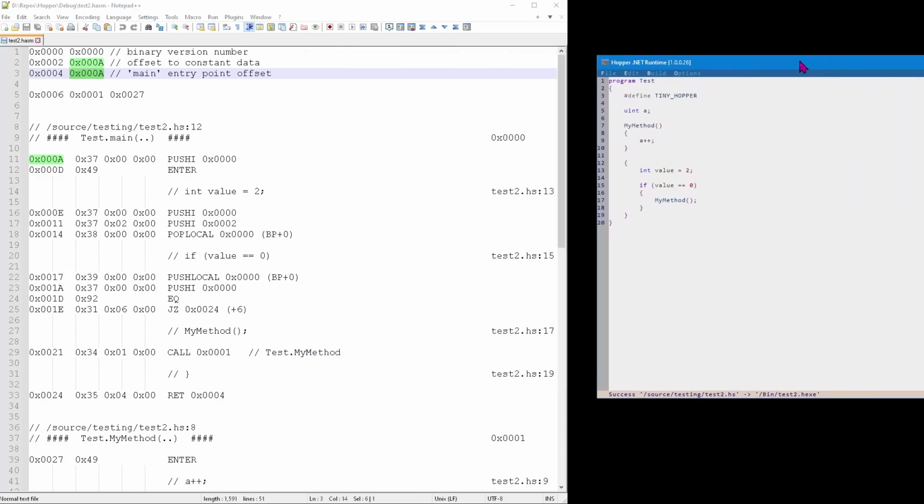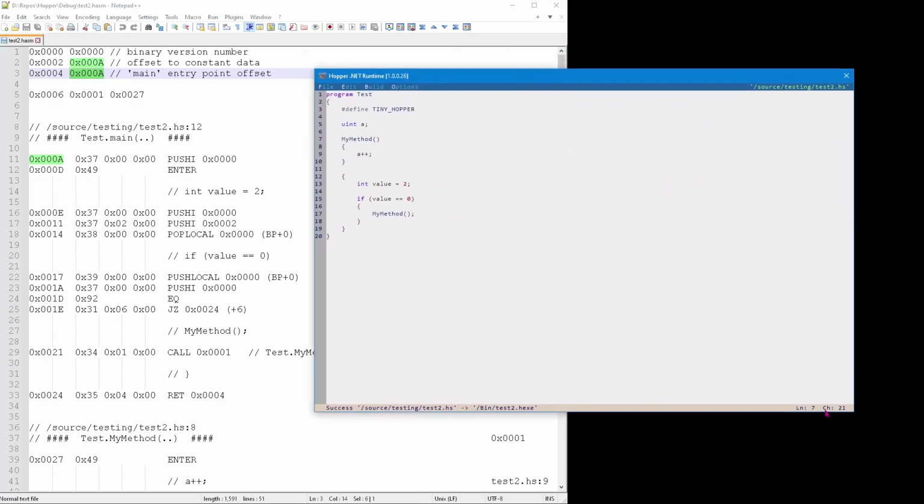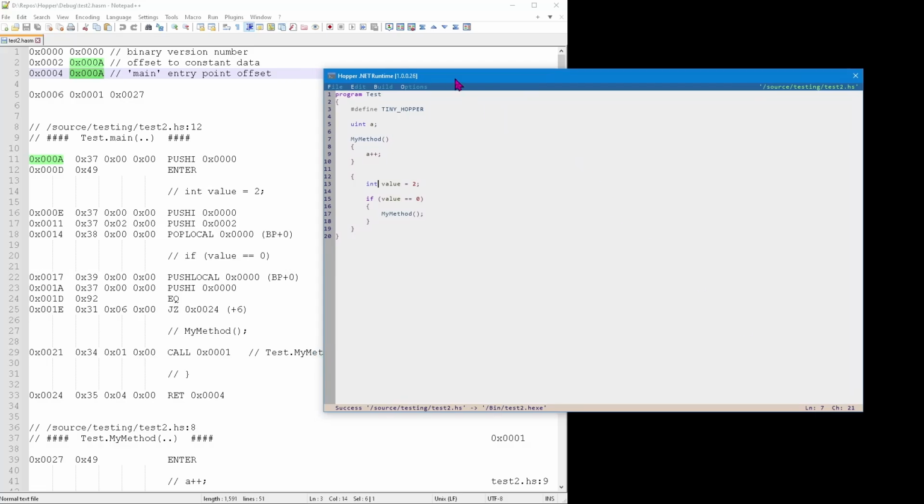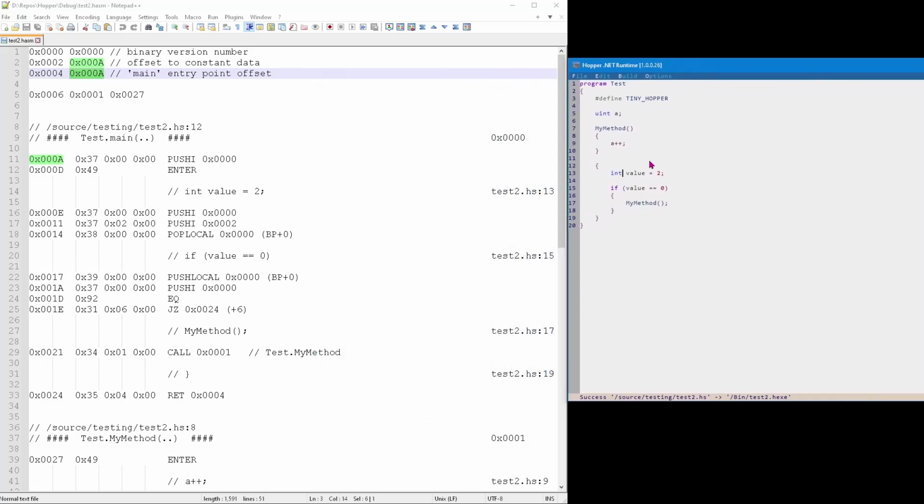It's line 21. So the first line in my program here is actually line 7. It's line 7 down there. So where's line 7? Oh, it's in there somewhere. It's the start of the program. So what this is doing here